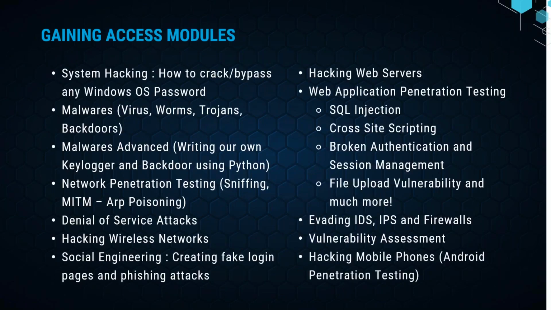These might seem a bit gibberish for now, but to give you a brief understanding, we try to understand the security of each and every endpoint. We talk about system security, Windows security. We talk about malware: what are malicious softwares, how do they infect our systems, and how do we prevent these attacks? Then we talk about network attacks, where hackers can shut down remote servers, crack your Wi-Fi passwords, or capture whatever data you're entering on your system. How can they read that data in your network? How do they create fake websites and perform phishing attacks?